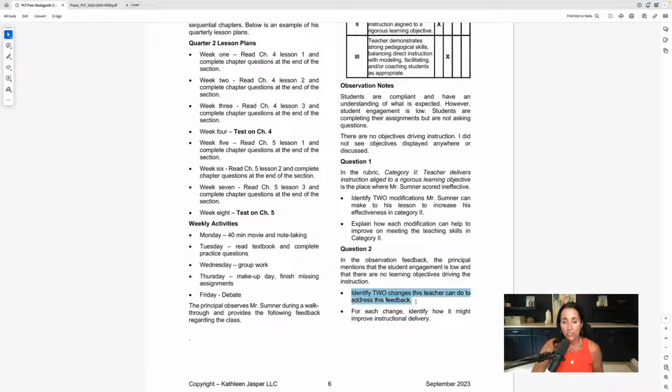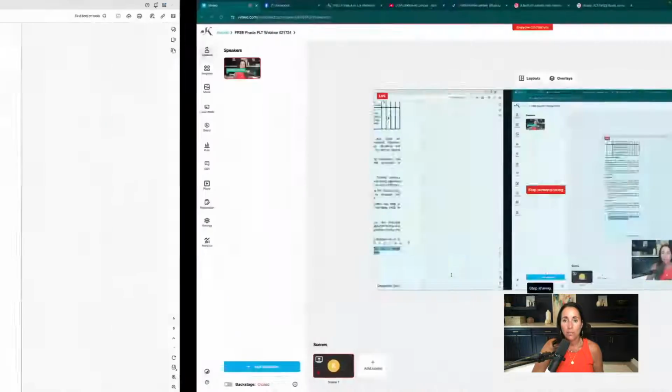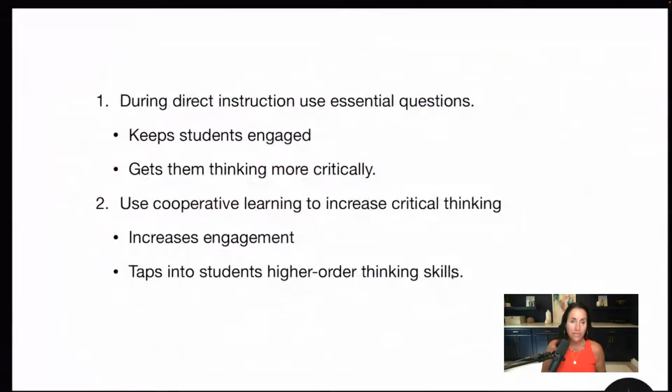Identify 2 changes this teacher can do to address this feedback. For each change, identify how it might improve. Same thing. We're identifying 2 things and why it's important. All right, let's go to my notes really quickly. 2 things I decided: